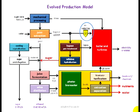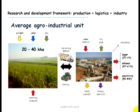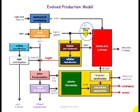Remember, I'm going back some slides. During the harvest period, we're bringing 500 tons per hour of biomass from the fields to the industrial unit, and we are taking out about 1 ton of nutrients, which is in this biomass, and it is contained in the vinasse here. So, in my opinion, this process here is mostly necessary to recycle nutrients, and, if possible,